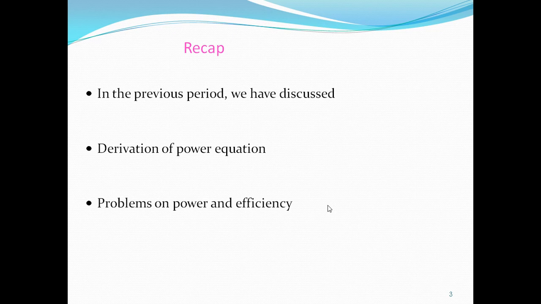So what is the input power we are giving to the motor? We are giving electrical power as input, that is root 3 VL IL cos phi. Synchronous motor converts this electrical power into mechanical power. When we give the three-phase supply to the stator of a synchronous motor, the electrical input is equal to root 3 VL IL cos phi.